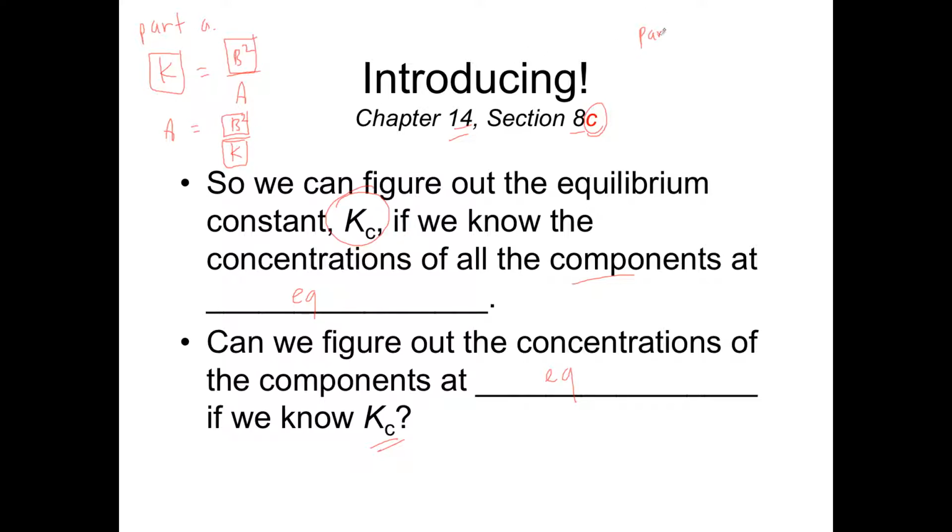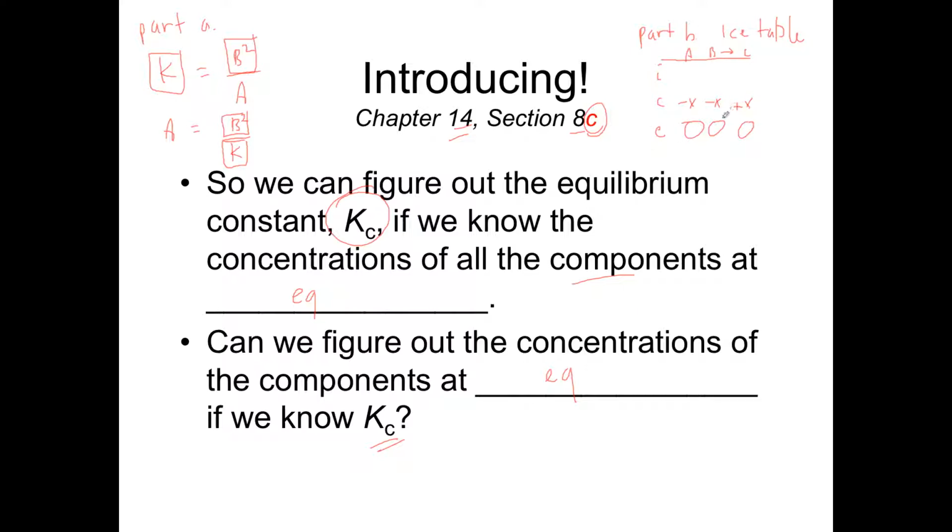Well, in part B, I used an ice table. Part B, I used an ice table, and I had to figure out initial, change, and equilibrium for A, B, C. I was given whatever, and I had to figure out these by changing, maybe taking away X and then adding X to that one. That was part B. Well, in part C, we're going to do the same thing we did in part B,